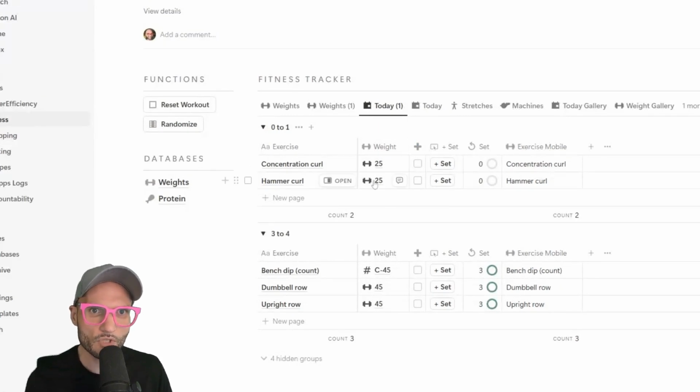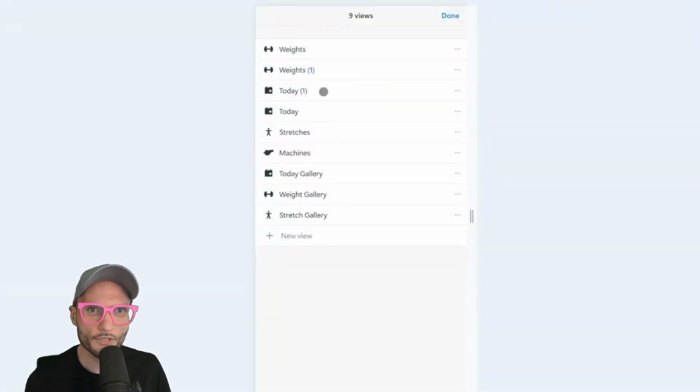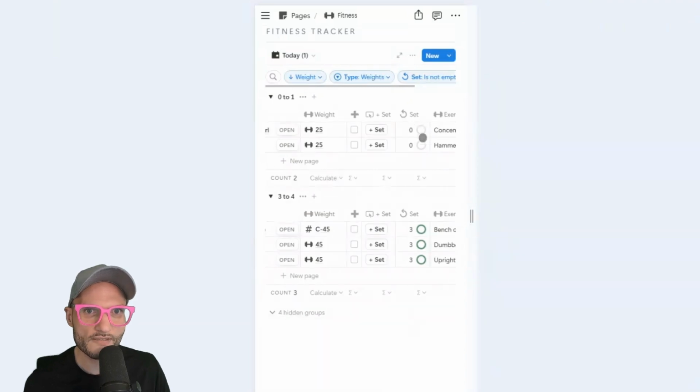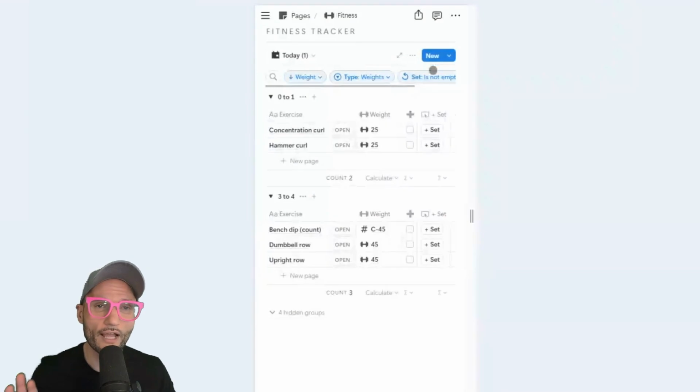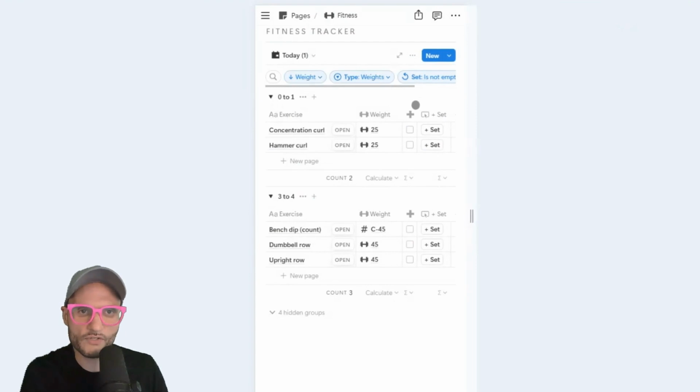But with these two changes like this, if I come back to mobile, go to today, now what has happened is this is enough to push my set off the screen. I can't even see it now, and I'd have to be scrolling back and forth. I know that seems fussy, but when you're trying to do something really simple on mobile and you're trying to have your tool not get in the way,